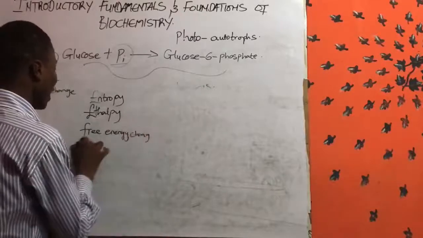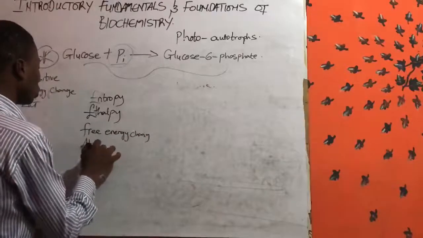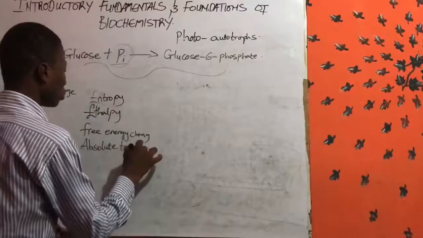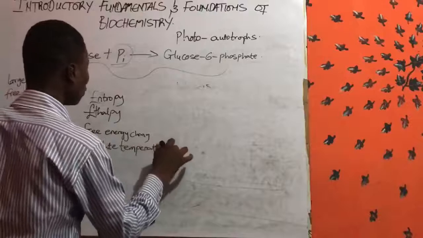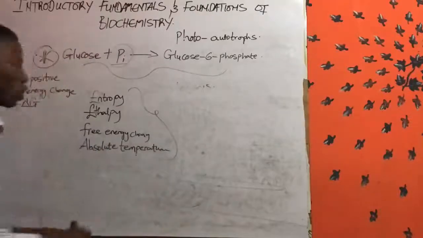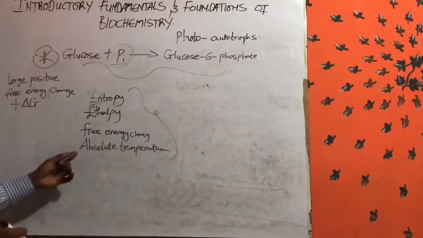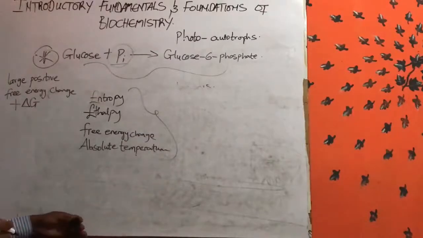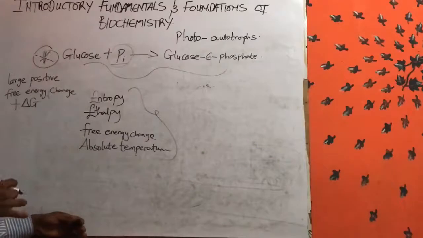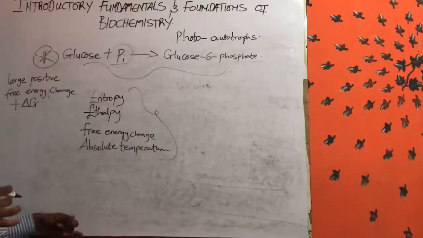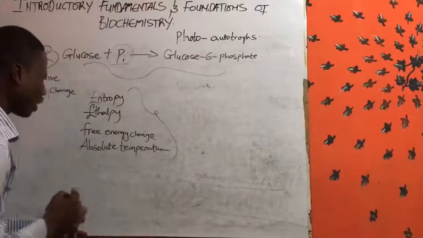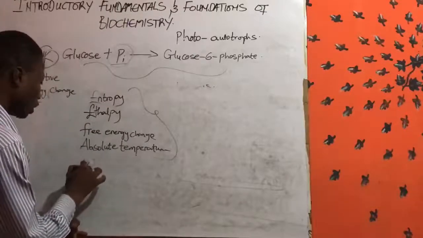And I have absolute temperature. Now, all these factors contribute to energy change. All these four factors contribute to a reaction's spontaneity, and they are related by the formula given by Willard Gibbs, known as the Gibbs thermodynamics equation, known as delta G